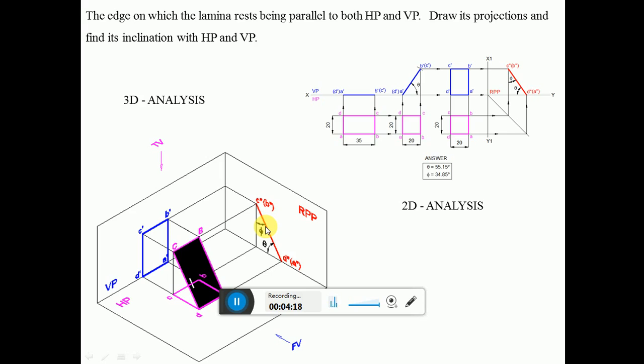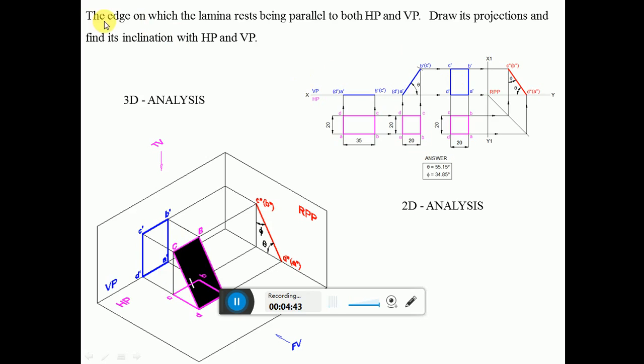So how to do it in 2D analysis? We will try to analyze this. This is the actual position. So when you look from the front view, capital B and C are projected onto B dash C dash to get this line. Similarly, when you project it from the top view, capital C and capital B are projected till here, so you will get this position directly. So this position is nothing but this, and this position is nothing but this.